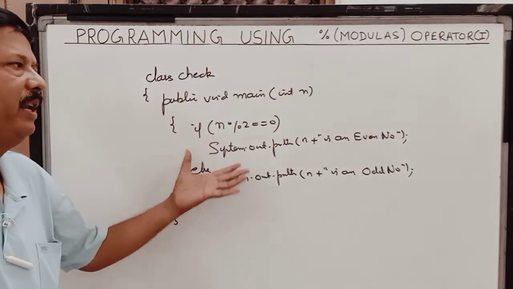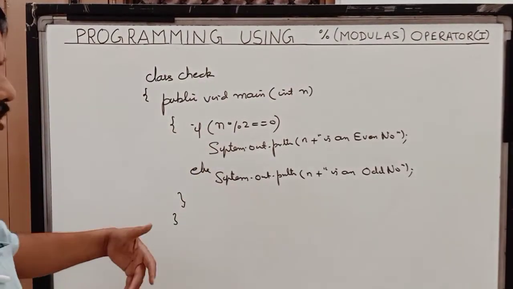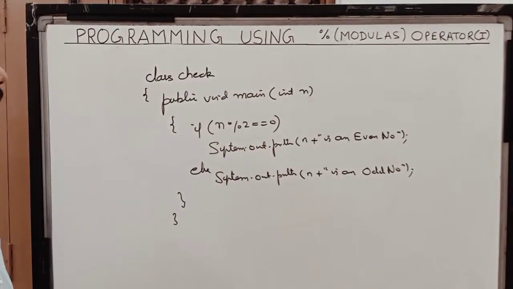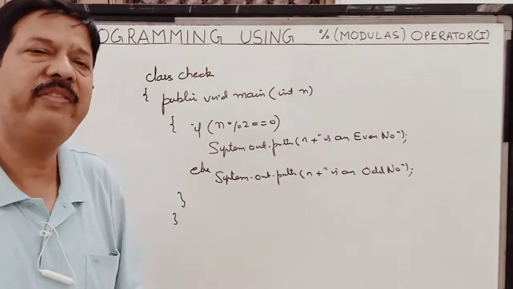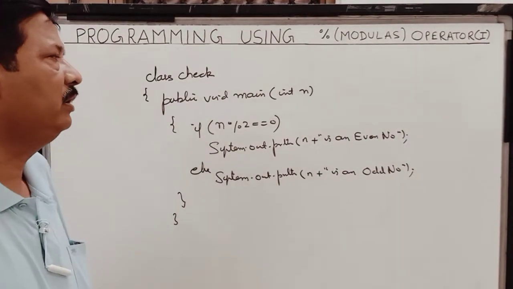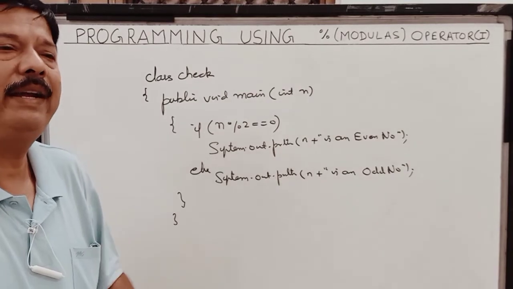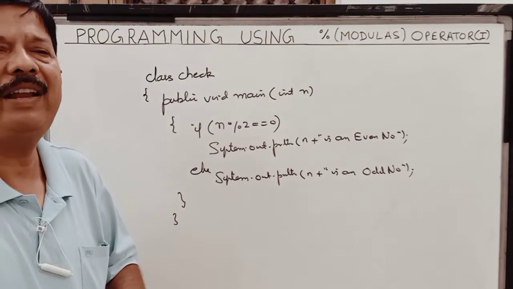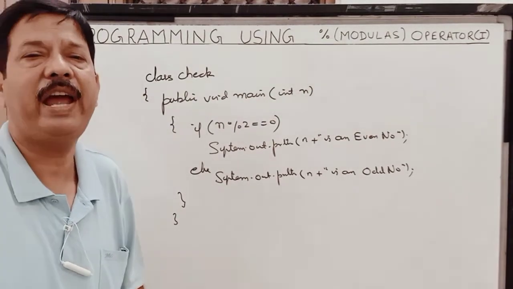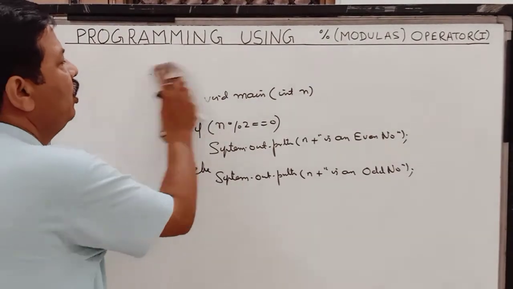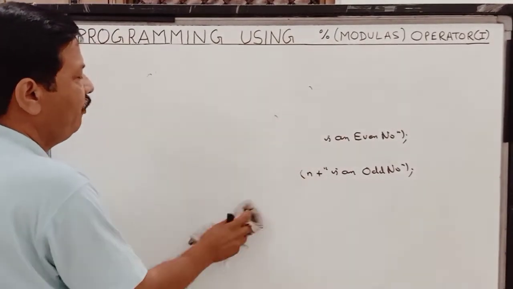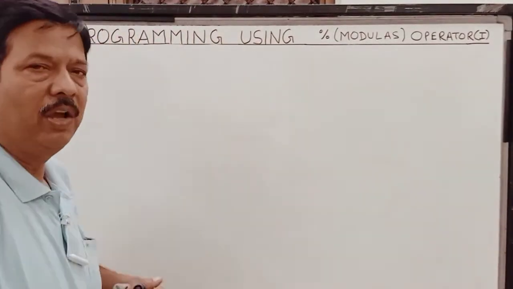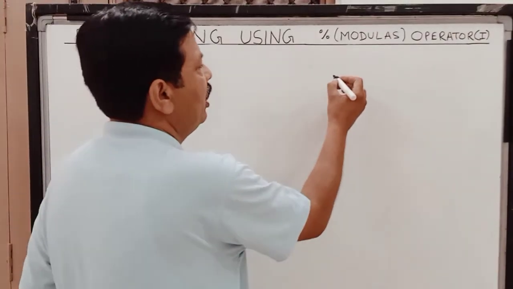So I can check my number. These are very small programs, but we are going to use them in these concepts. We are going to use them in the other programs also. Now children, next program is, which has come in the board exam also. Just write down. Write a program to find the sum of all the odd numbers and all the even numbers separately for the first n natural numbers. So the program says like that, to find the sum of all the odd and even numbers separately for the first n natural numbers.